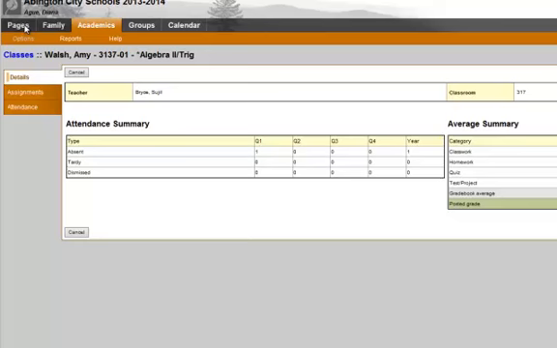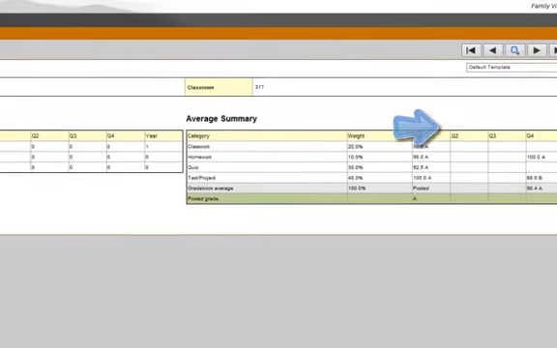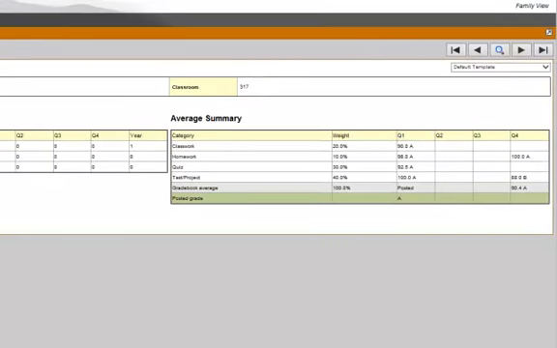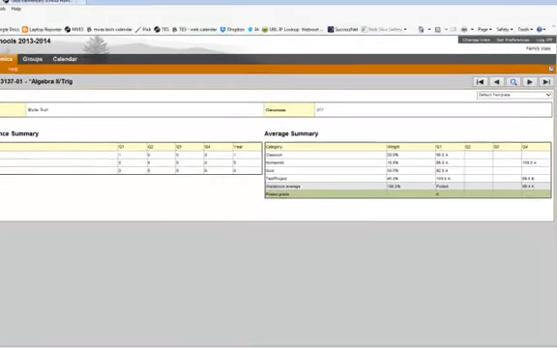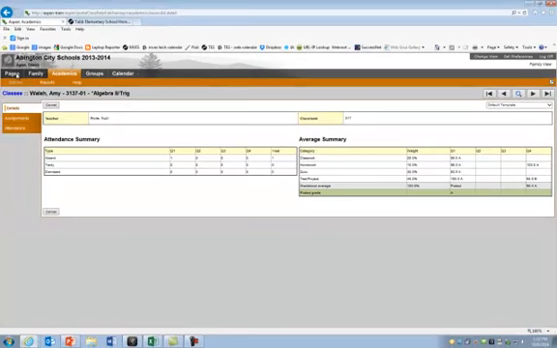When you're on the Details side tab, you'll see the teacher's name and the room number. There will be an attendance summary and an average summary. The average summary shows your child's average for each category that the teacher has set up, including how it's weighted. It also shows the grade for each quarter once it's been posted. To move to another class, you can click on the class's breadcrumb,